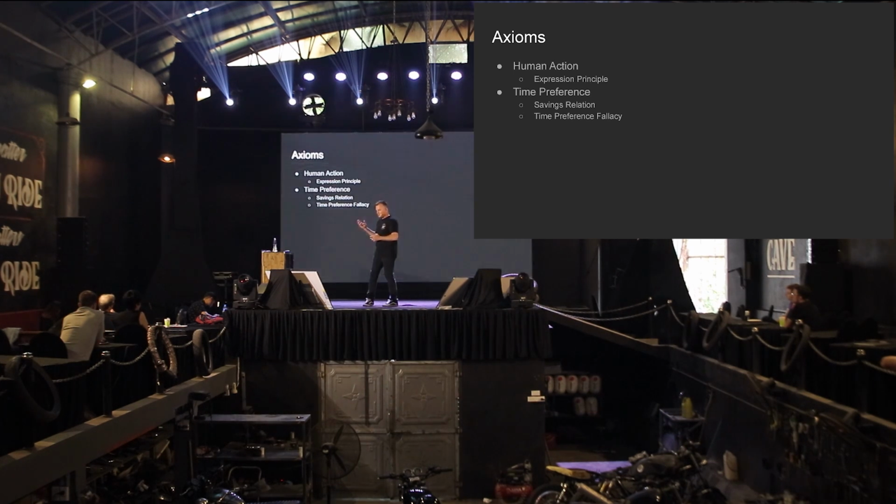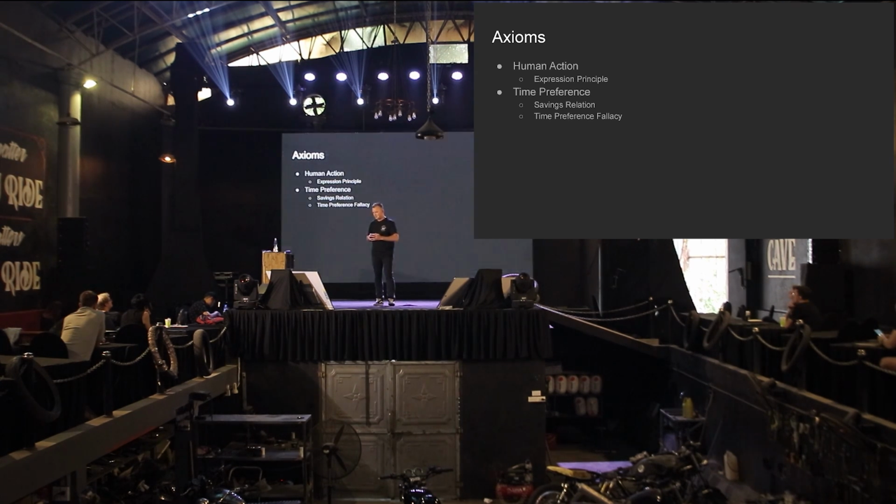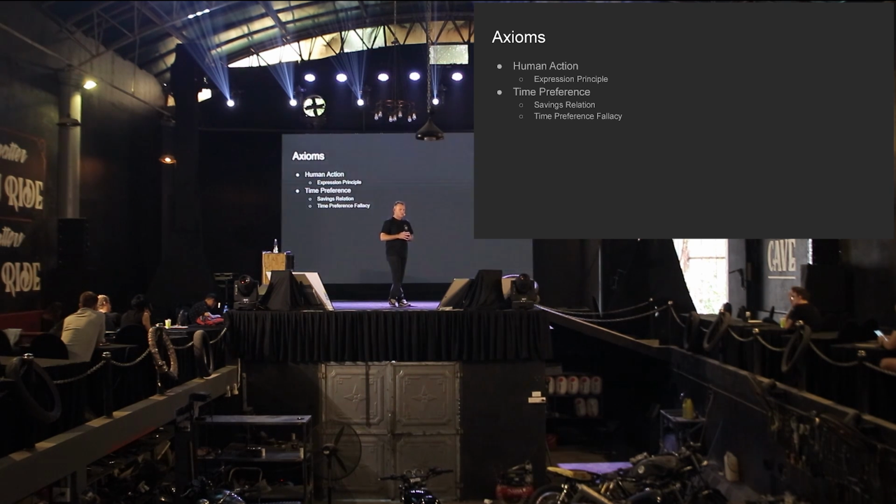When we start talking about consumption, what does consumption actually mean? It's kind of poorly presented in economics. I'll get a little bit more into that. So that's what's meant by the savings relation, this ratio of what you have versus what you lent. And time preference fallacy, I can't remember if I'm going to cover this on the slide. So there's a topic called the time preference fallacy, which is this idea that